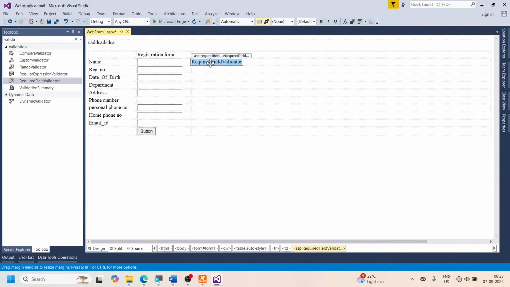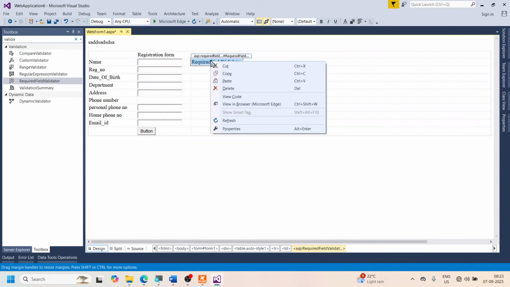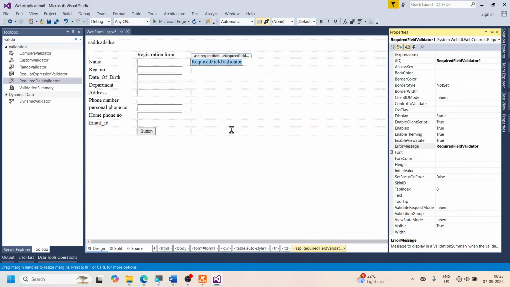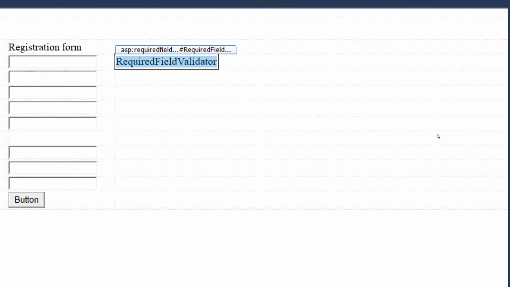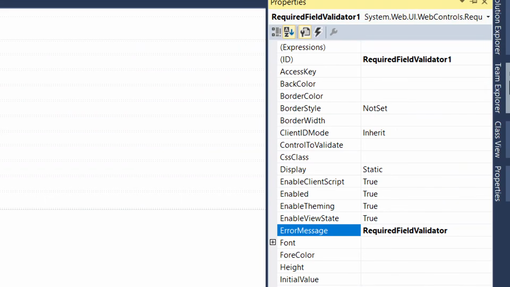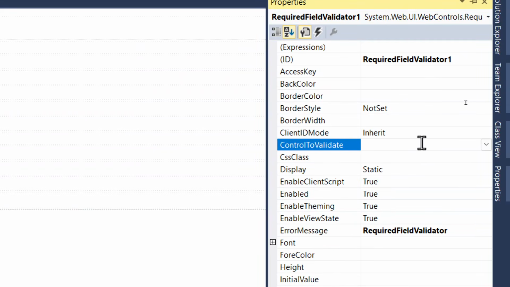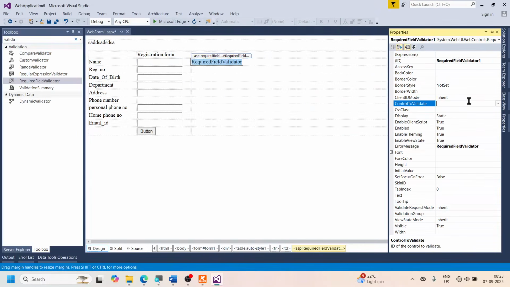Now you go to the properties of this, right click and then go to the properties. Now here you see a lot of things. One of the very important things that you need to do is this particular property. You have to set this property, control to validate. If you forget to do that, you will get an error message, even if you drag it and don't add this. So which control has to be checked? Now this control, that is